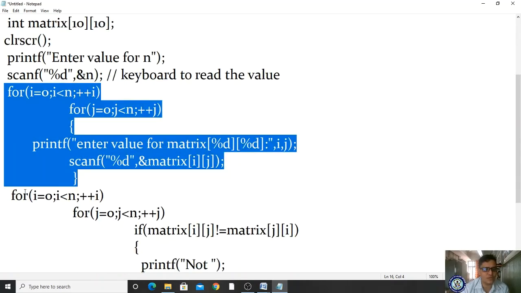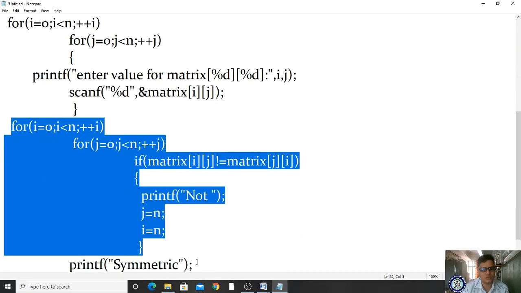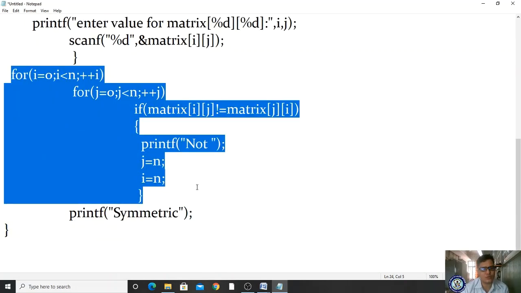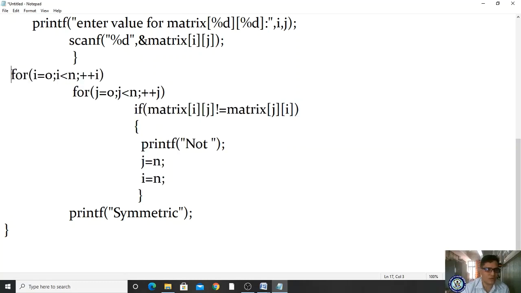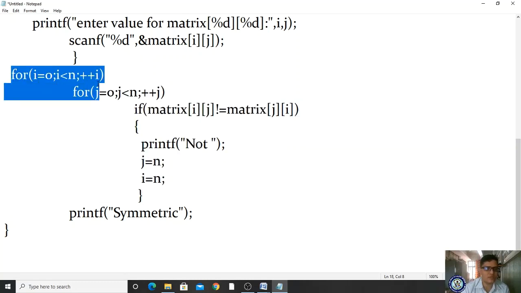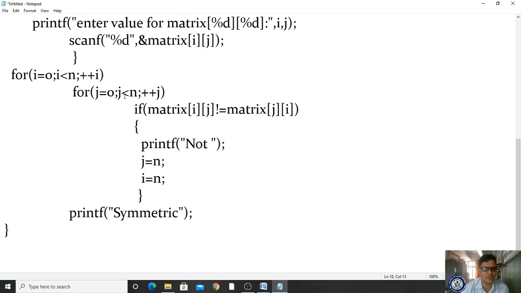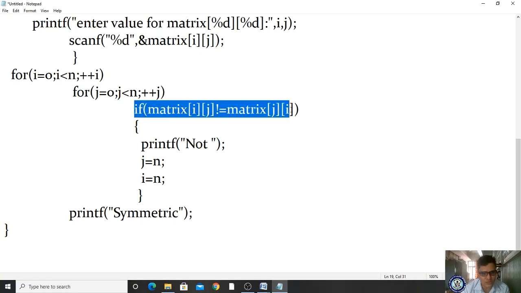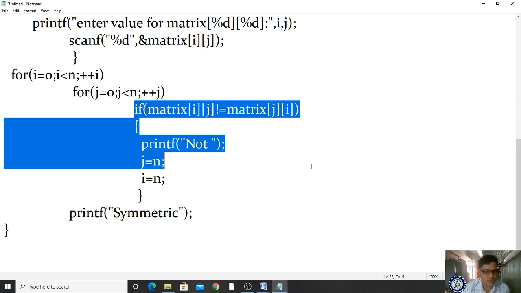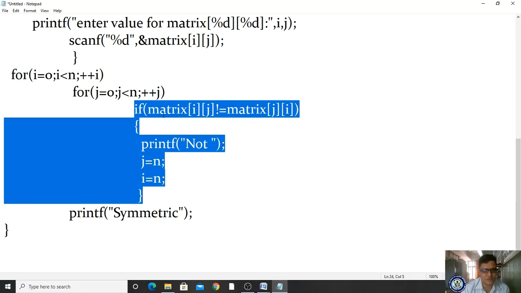Now this for loop is for processing and displaying. Let me write the same for loop. For i is equal to 0, i less than n, condition true. For j is equal to 0, j less than n, condition true. I am writing this logic. So what is the logic of a symmetric matrix?